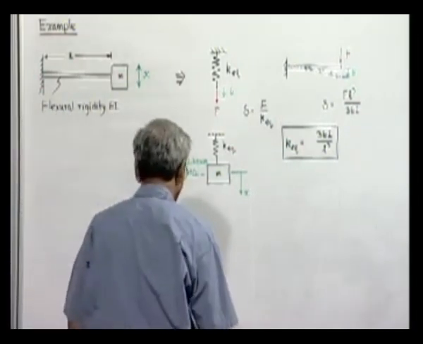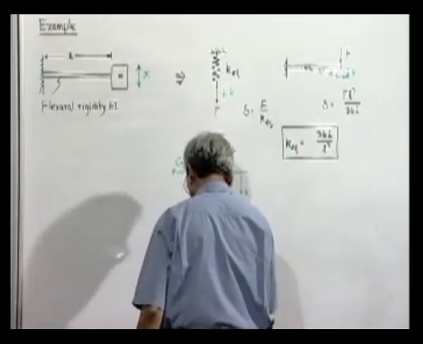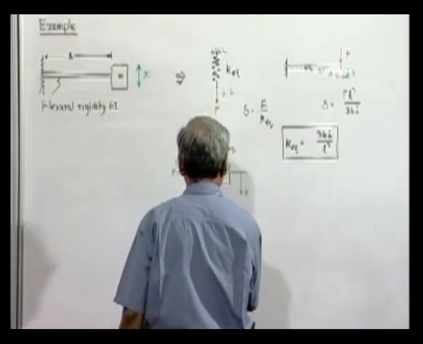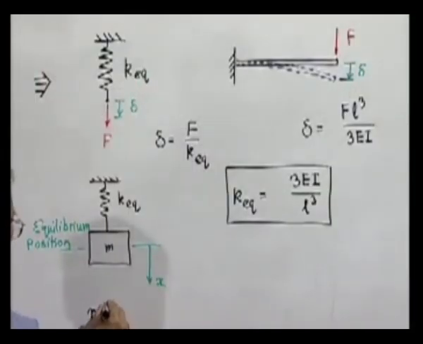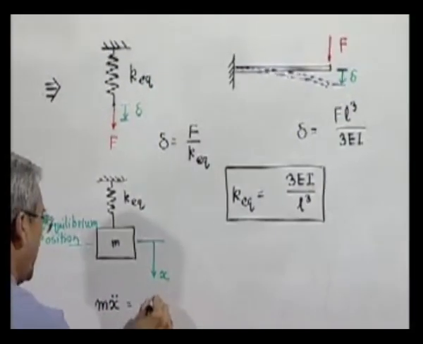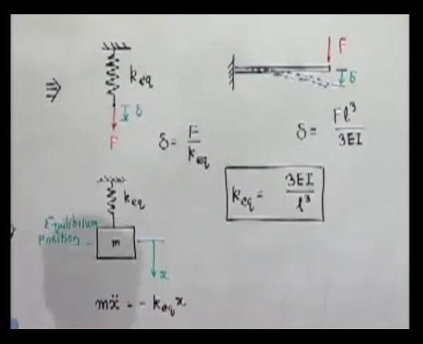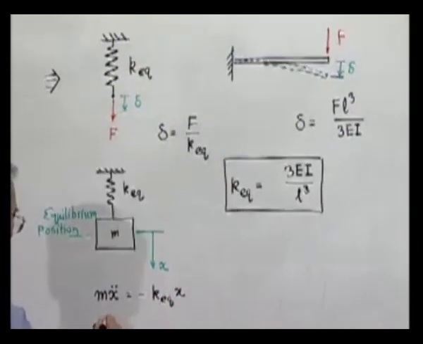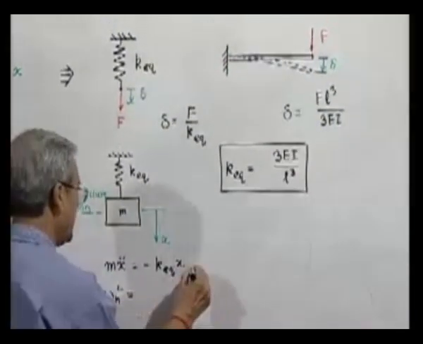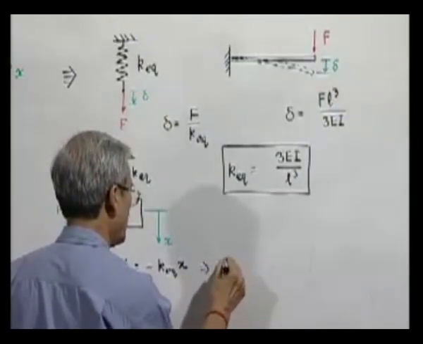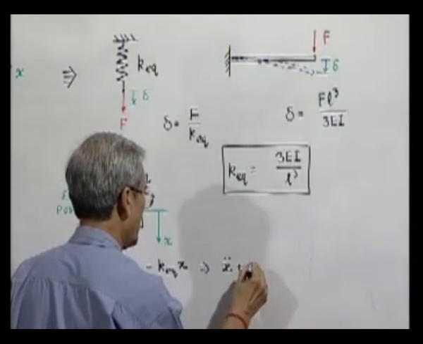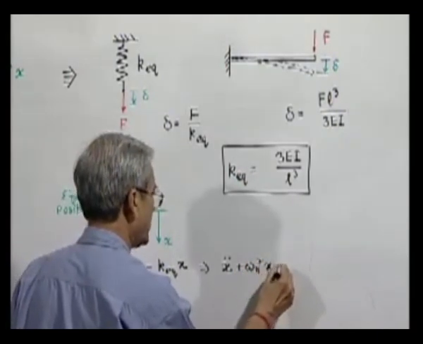And what is the equation of motion? We all remember it: m x double dot is equal to minus K equivalent x, or x double dot plus omega n square x equal to 0,